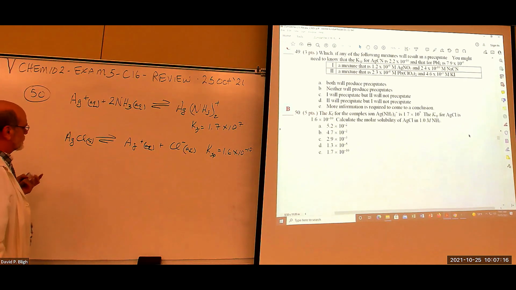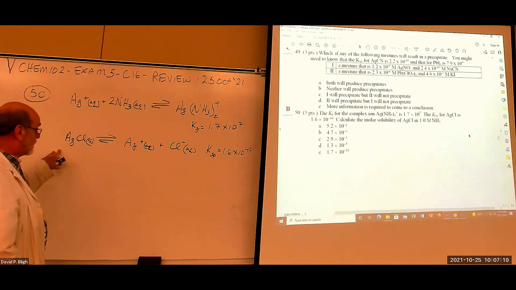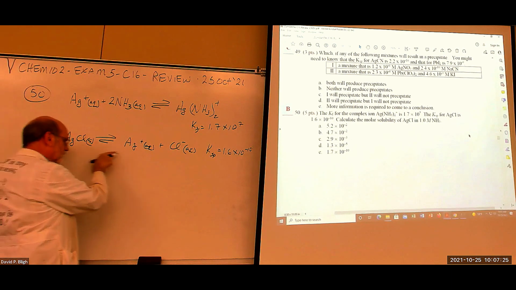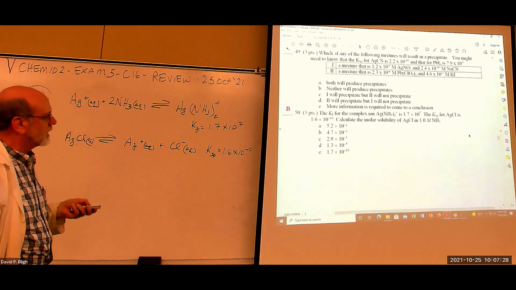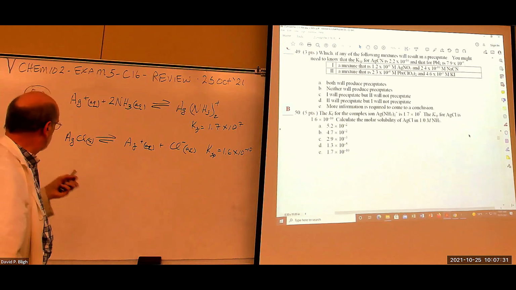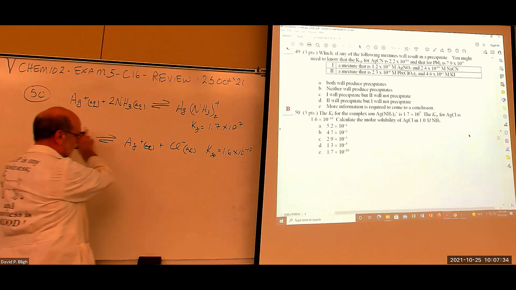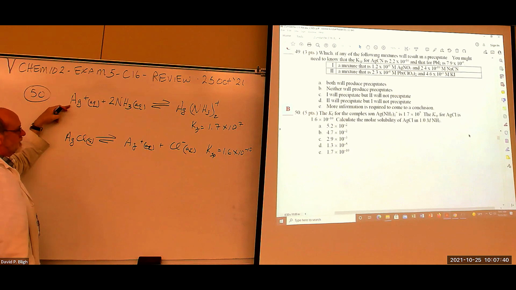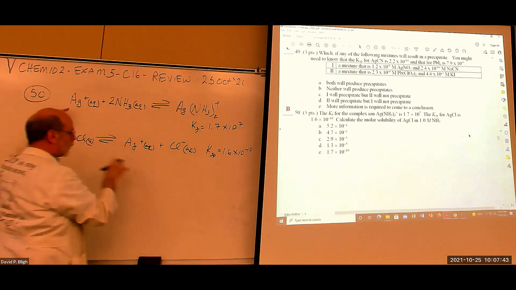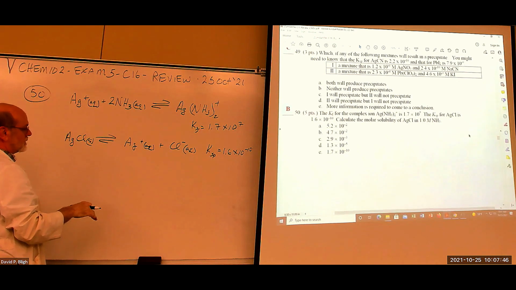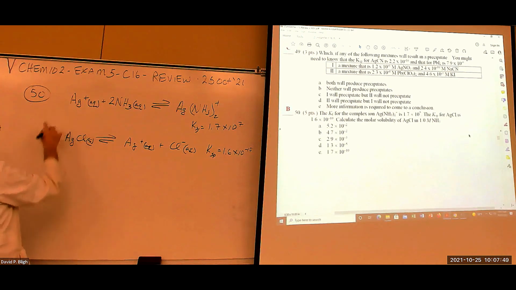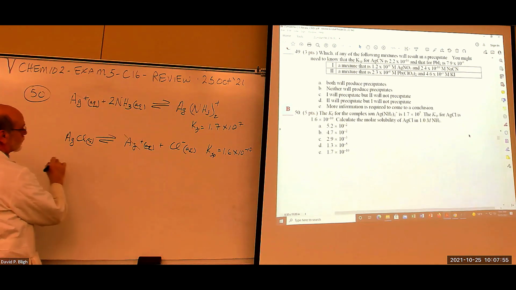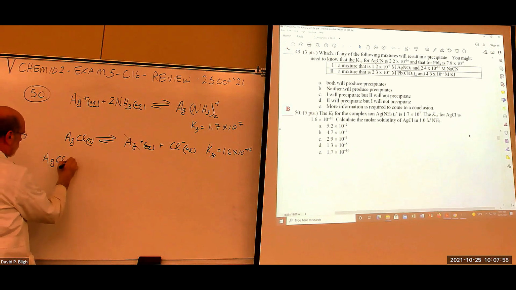So, can we combine these equations? All right, what do they have in common? Well, if we just add these two equations together, because we want to find out the solubility of silver chloride, correct? The molar solubility of silver chloride. So we want to keep it in this order because that's the direction we want to go. And this is a competing reaction. So if we combine these two reactions, what do we get? Well, the silvers are going to cancel. So we're going to get silver chloride solid